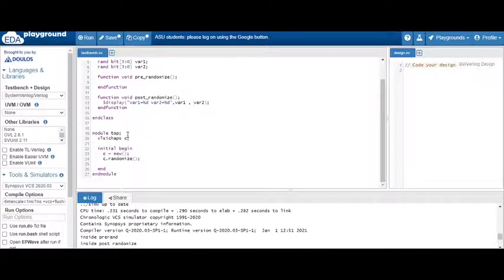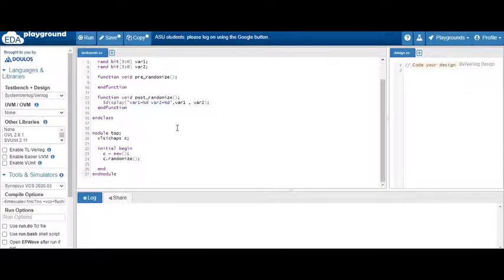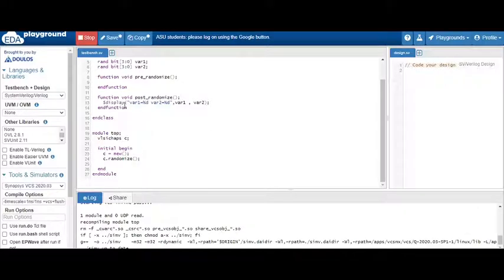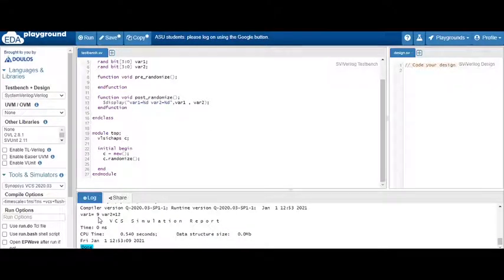Outside the class, the handle name is used. c is our handle name for VLSI Chaps. After randomization, this post_randomize method will work. So now suppose you run this, you will see the randomization is happening and you are getting the display statement variable 1 equal to 9, variable 2 equal to 12. This is happening after your randomization. That is what post_randomize is meant for, not just for display statements.